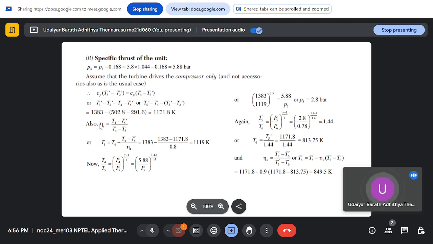So the turbine efficiency is my actual divided by ideal. So T4 minus T5 dash divided by T4 minus T5. So rearranging it, it will become T5 equals T4 minus (T4 minus T5 dash) divided by the turbine efficiency. So substituting the values, T4 is 1383 minus, so 1383 minus 1171.8 divided by 0.8. This comes out to be 1119 Kelvin. So now I know the isentropic temperature if the process was isentropic across the turbine. Then